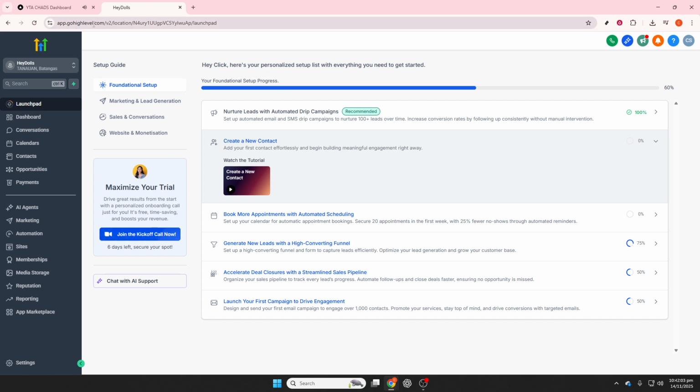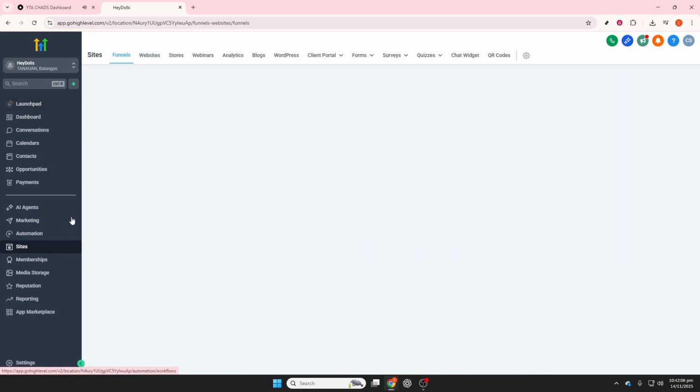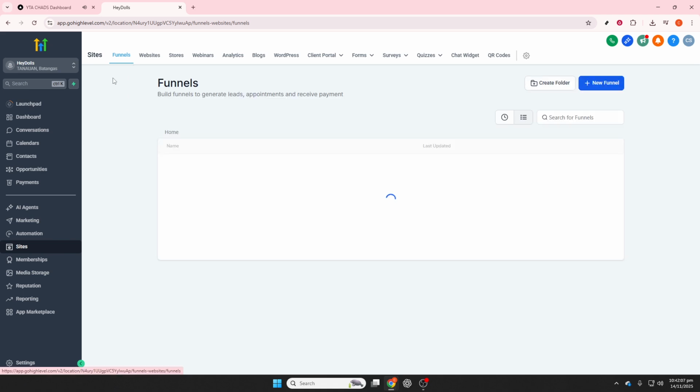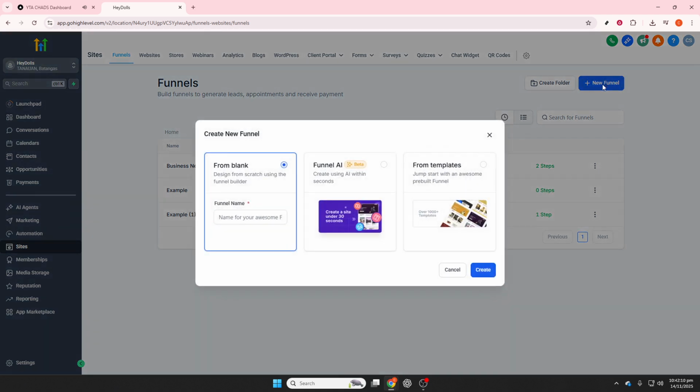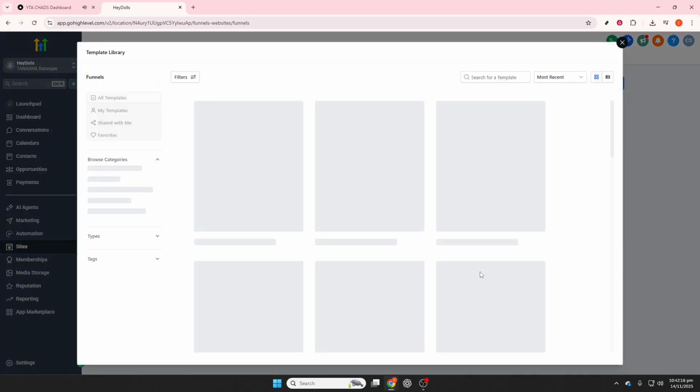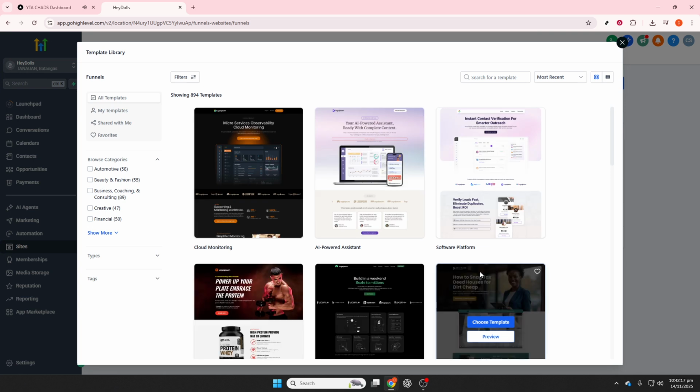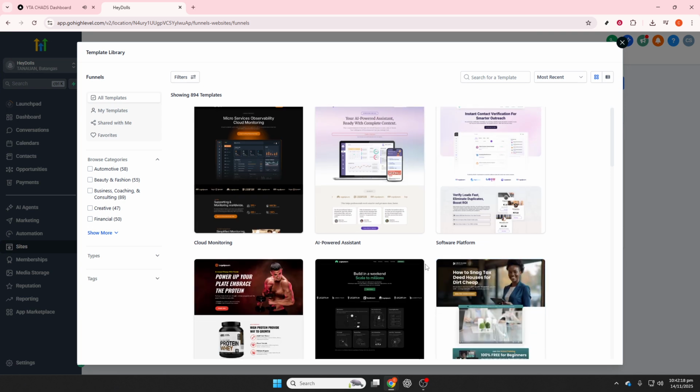Head over to the Sites section and click on Funnels, then choose Plus New Funnel. GoHighLevel offers some excellent real estate templates, so feel free to select one that suits your needs. Make sure to include a landing page with a capture form for vital information like name, email, and phone number. Complement this with a thank you page, which should guide them to a calendar or the next steps they can take. Connecting your domain ensures a professional appearance, so don't overlook linking your custom domain, such as